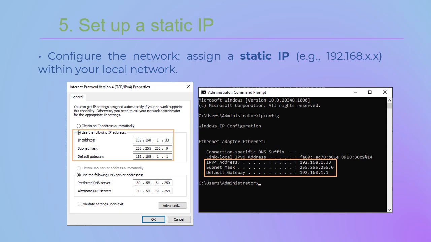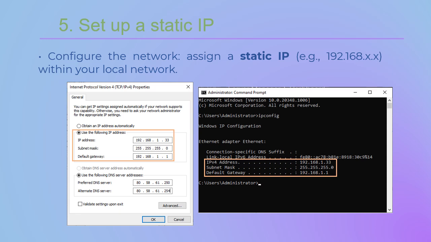As I said before, a static IP will be essential for consistent access to the server. So it should be something like 192.168. etc., which is generally the IP range of a local network.